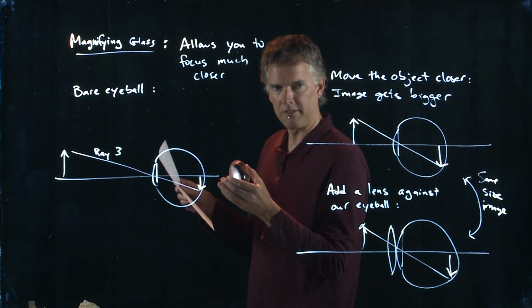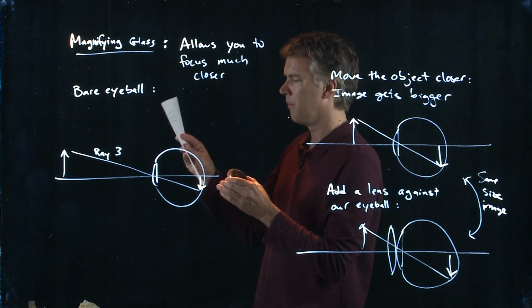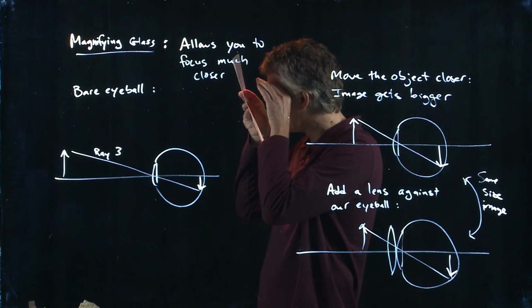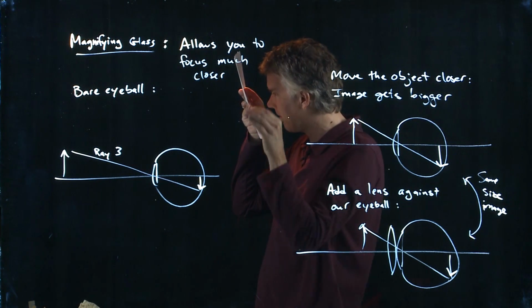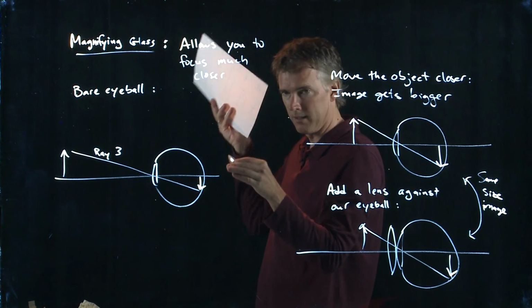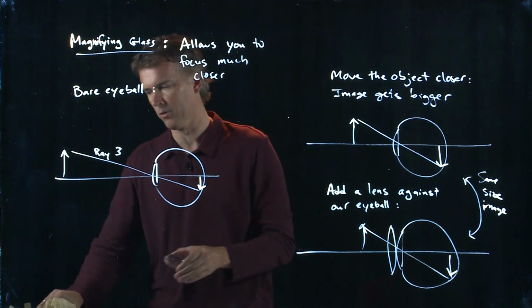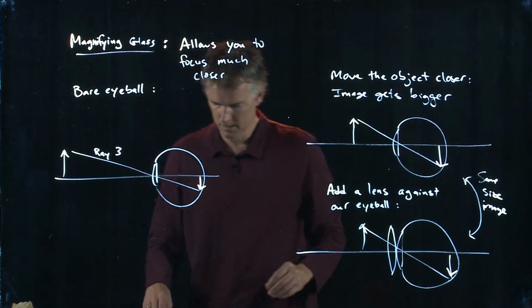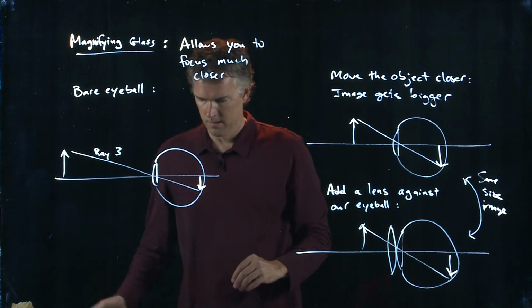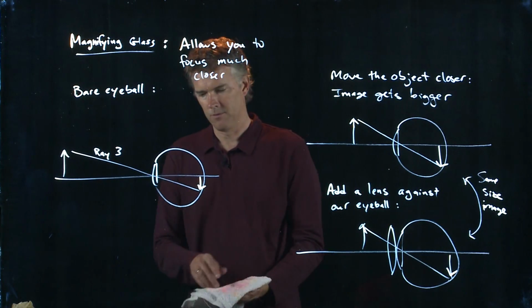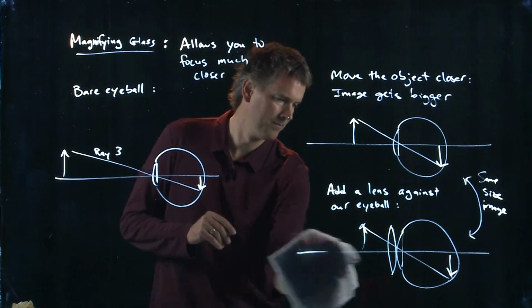Okay, so if you want to try this after class, you can come up and look at it. But if I look at a particular piece of text and I go like this, it's nice and clear, it's big, and if I take the lens away, it's still big, it's the same size, except it's way out of focus. I just can't focus that closely. Okay, so let's put in some math here to this problem.